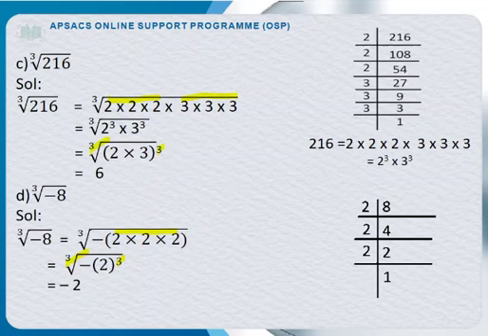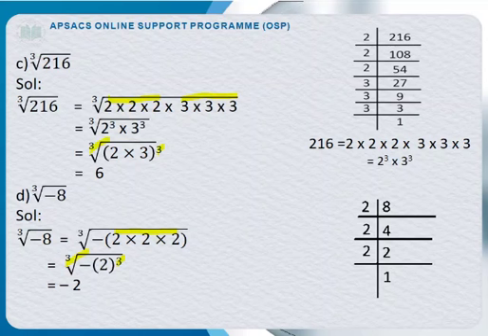Now we have part C, and part C is we need to find out cube root of 216. For this, we will use this prime factorization method. I have written 216 here and I'll use the least number which is 2. 2 into 108 is 216. Then 2 into 54 is 108. Then 2 into 27 is 54.